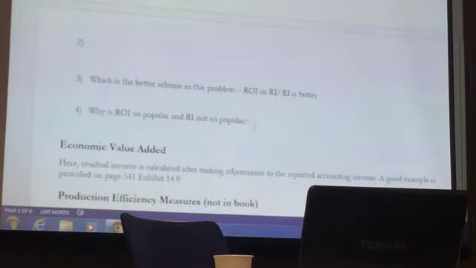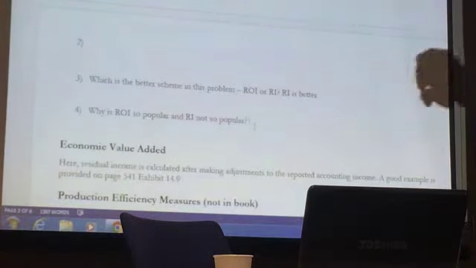Is it clear that in this class of problems, if you have the data set up like this, RI will win every time? Because ROI could change either way, but RI will always go in the same direction as the project. If the project earns more than the cost of capital, RI will go up. So you're always going to accept any project which earns more than the cost of capital if you reward based on RI. If you reward based on ROI, it's not clear, because the project may earn money but your rate of return will go down.